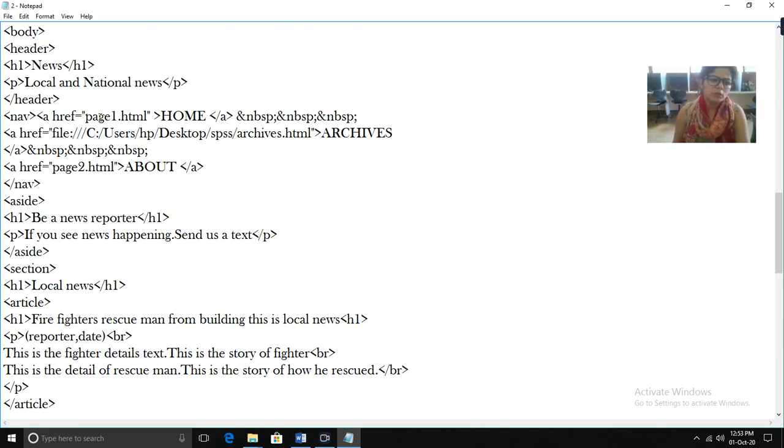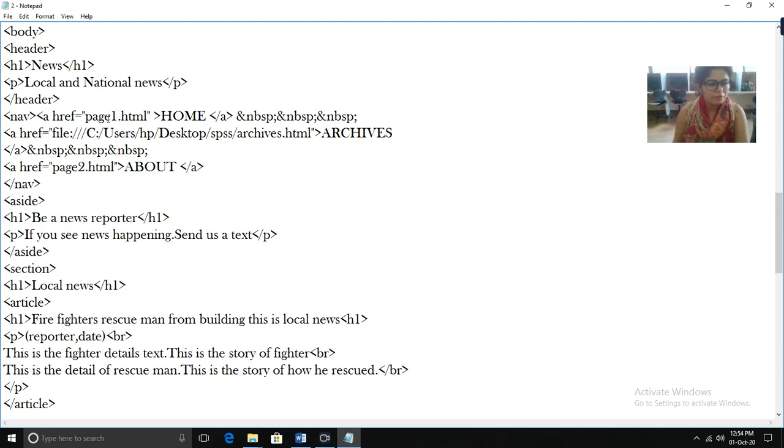So I have just used the page1.html that I created in the previous lecture, that is the website page. So this is just the page of a website. The name of that page was page1.html. So I have used this page. You can use any page, it is up to you.